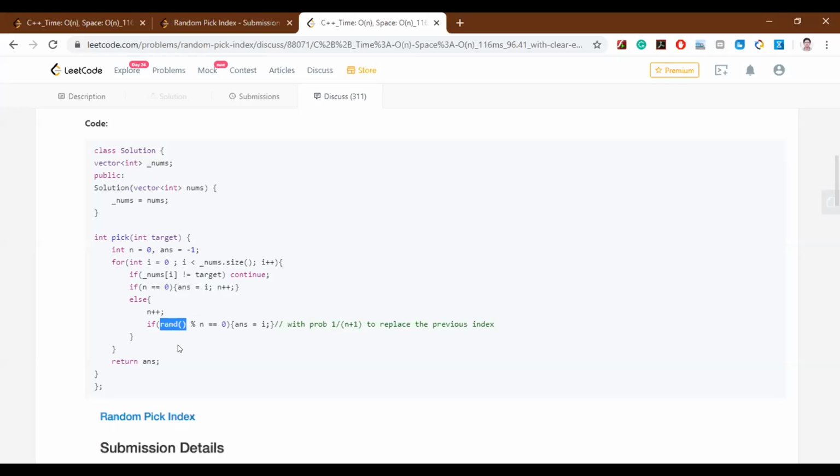Okay. So if that says that it is equally divisible by n, what does it mean? Suppose I am at the third instance of the target value, and I'm trying to understand what magic it is doing. This line is getting executed for any instance which we are seeing repeatedly.